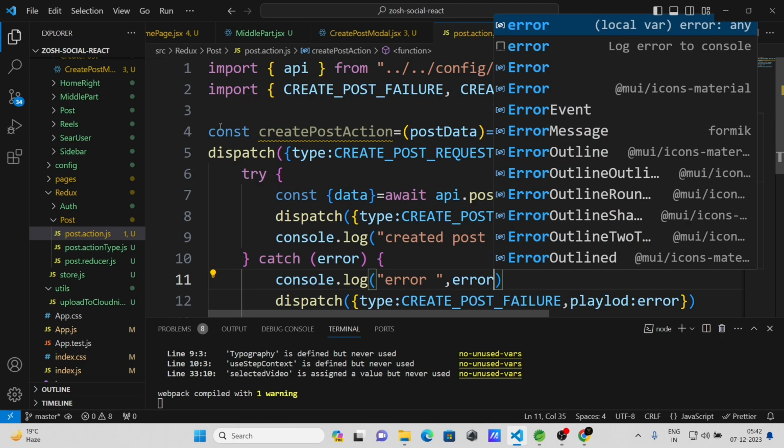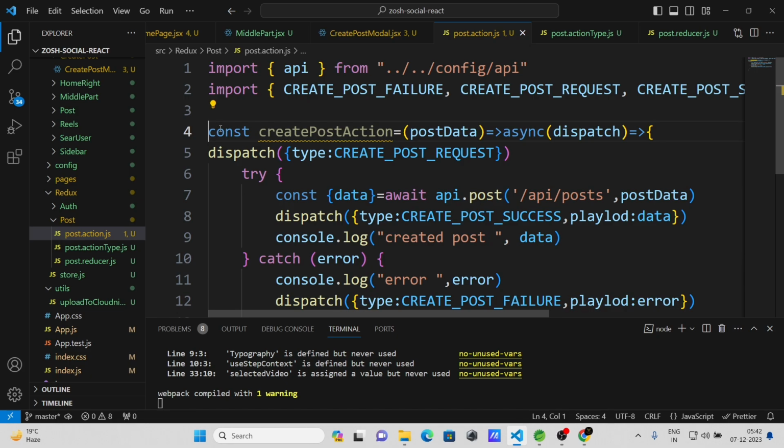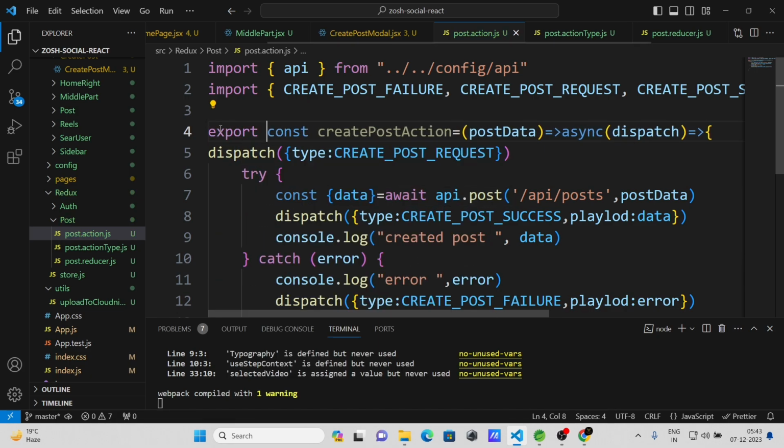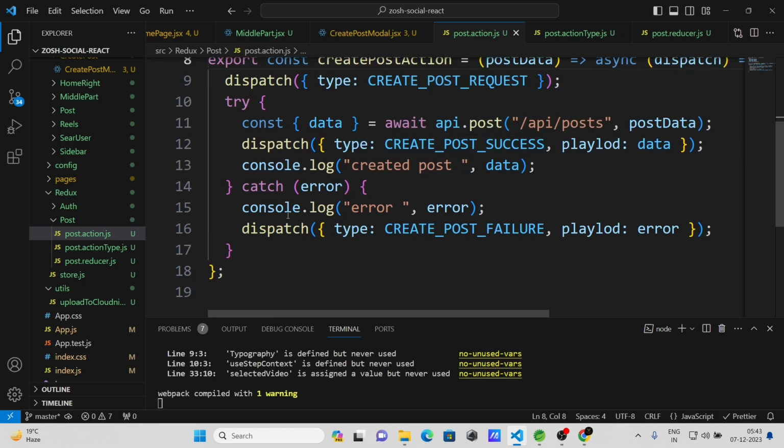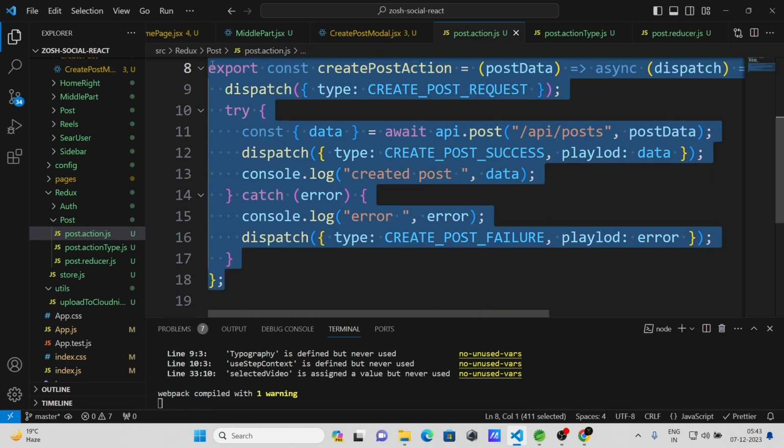Okay, now let me export this create post action as well. Export. All right, now what I'm gonna do, I will copy this,